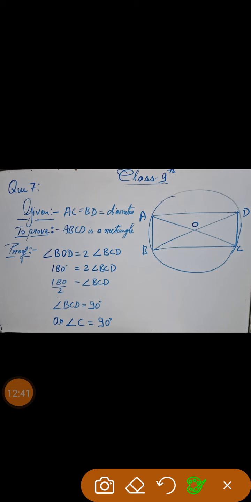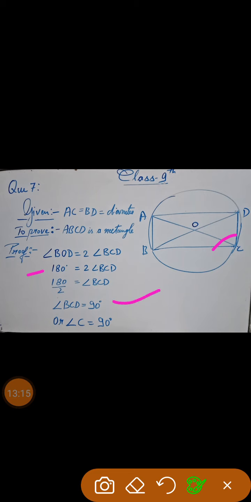Now so we know that angle BOD is how much? It is a straight line, so it is 180 degrees. We are writing this because it is also a diameter, as given. So 180 is equal to 2 into angle BCD. Now this 2 will come to the left-hand side by transposition, and we have got angle BCD, which means this angle is equal to 90 degrees. 180 divided by 2 is 90.